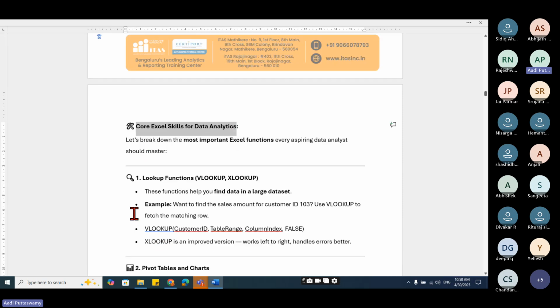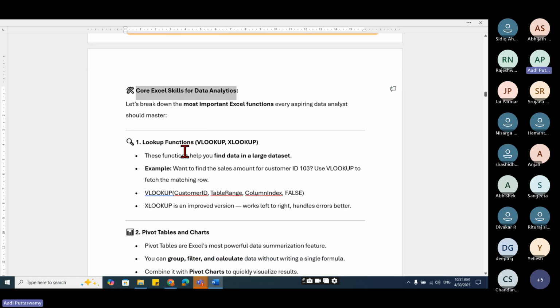Let's break down the most important functions in Excel. Let me show you some of the important tasks I mentioned today. I'll be showing you some practical things as well, real-time scenarios. The same example I use for my course I've taken here, so that I can explain how Excel can be used in data analytics. I have VLOOKUP, XLOOKUP, there are so many formulas here. Let me work on one formula, or a few formulas, which will help you understand how we can analyze the data, or bring the data into one shape.